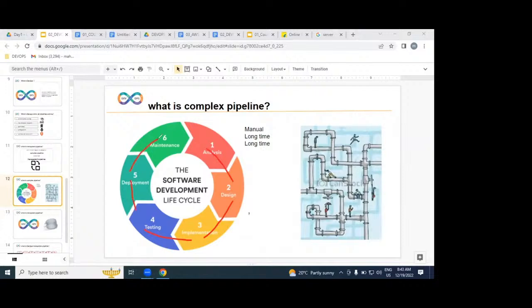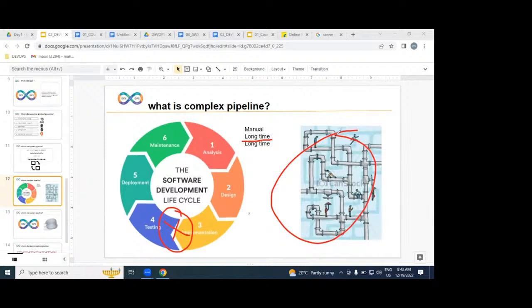If it is a manual process and you get any issue or problem in the middle, it will take a long time to identify and resolve the issue, because it is a manual process. Example, a water pipeline. The water pipeline is underground.